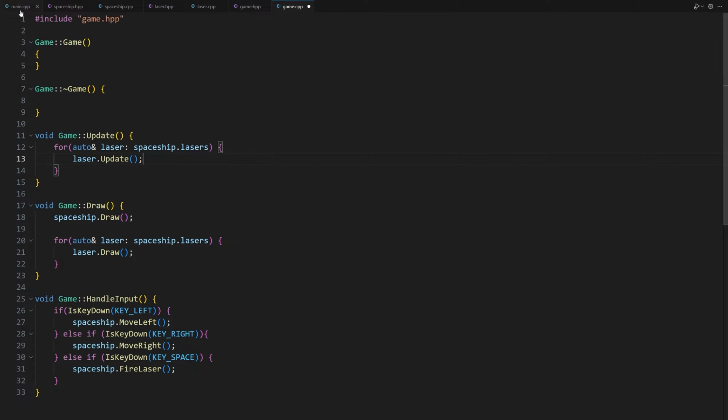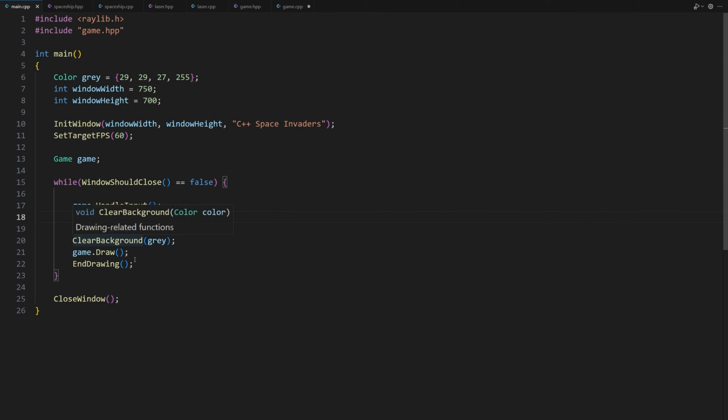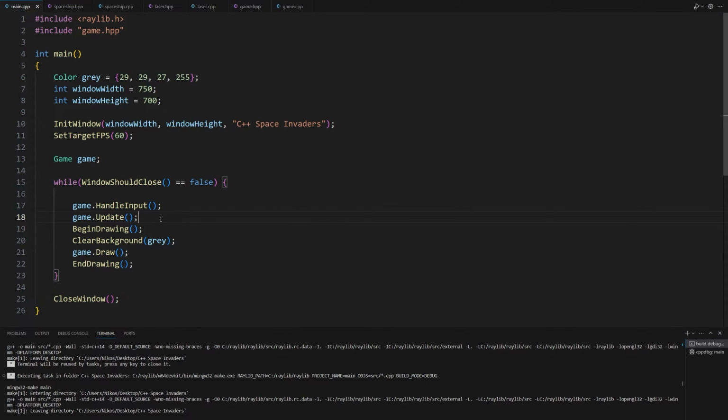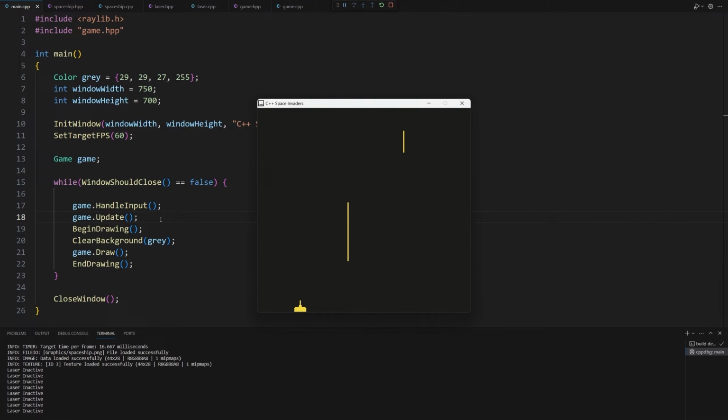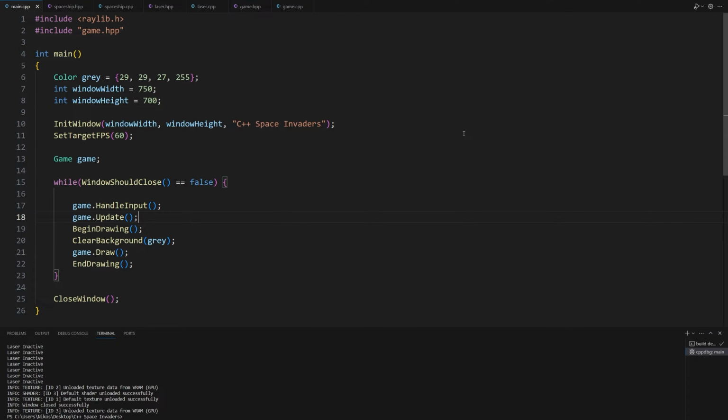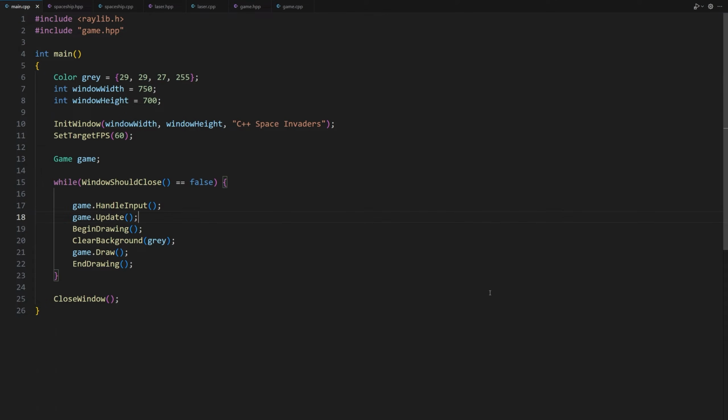Let's go back to the main.cpp file. We have to call the update method of the game class in every frame, so we're going to call it inside the game loop. game.Update(). Now we are ready to test the game. If we run the game now, we can see it works, but the laser beams appear longer than they should. What happens is that we create multiple lasers one after another while we press the spacebar down. We have to add a delay and not allow the player to shoot a laser before a certain amount of time has passed. Let's fix this.